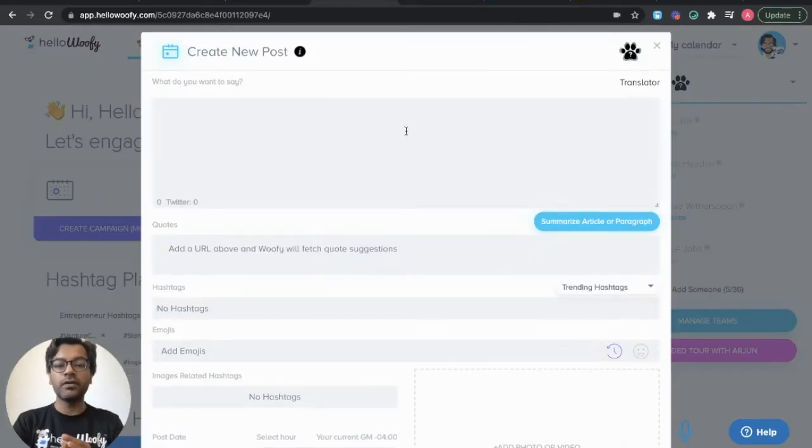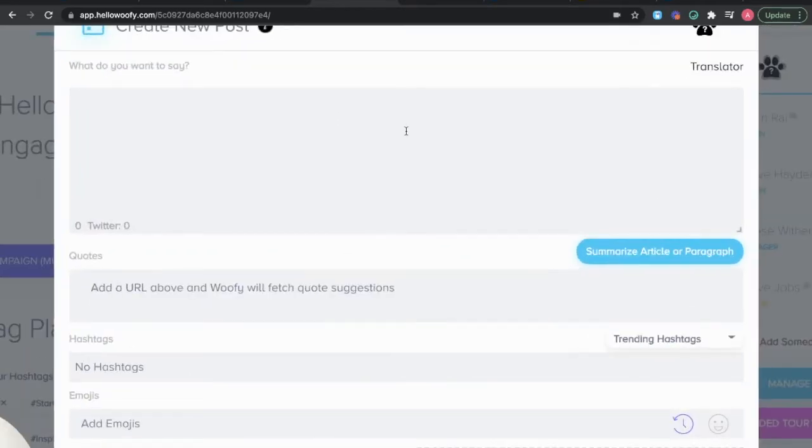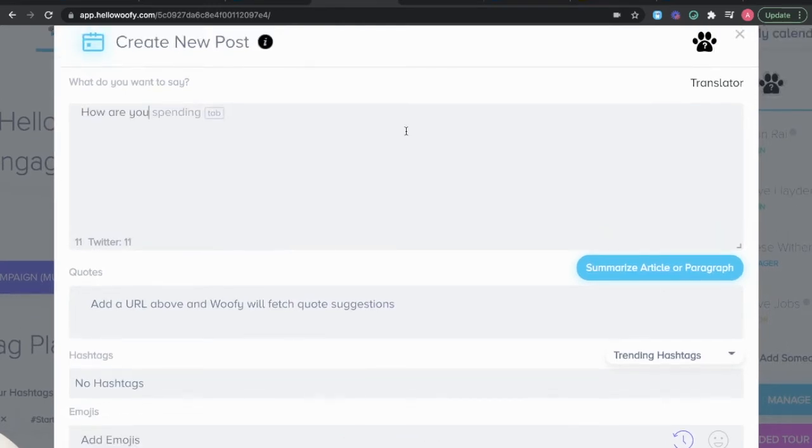Now, the beauty of the platform is really in the content creation. So what that means is as soon as you start typing a post like, how are you? It automatically starts completing it for you. Now, you can ignore the recommendations, but it's trying to be very helpful. So let's go ahead and say, how are you? And then I love, of course, we love you guys, and my coffee. I'll complete the sentence there. Here we go. And I just made a cup of coffee just a few minutes ago. And then it will start giving you emoji recommendations.